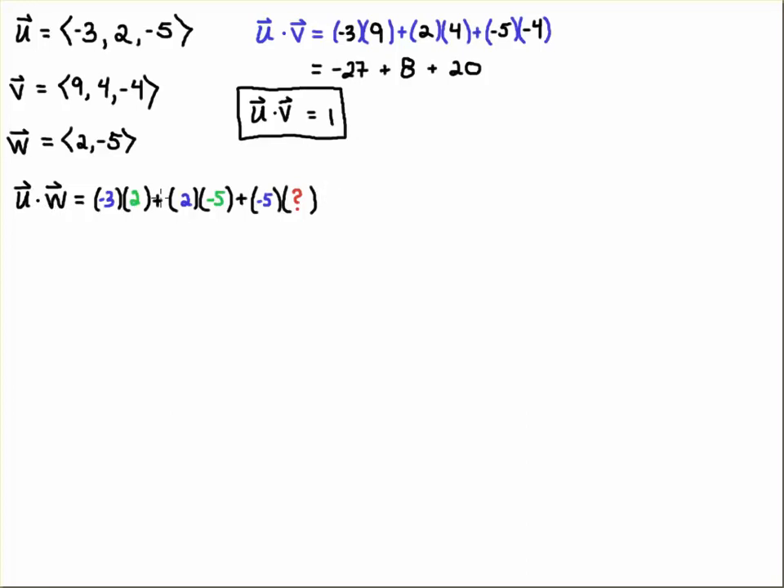We can't put these together because these are not compatible dimensions for these vectors. U is a 3 vector and W is a 2 vector, and you'd run out of components here. All right, now what I want to do in the remainder of this video is to offer you